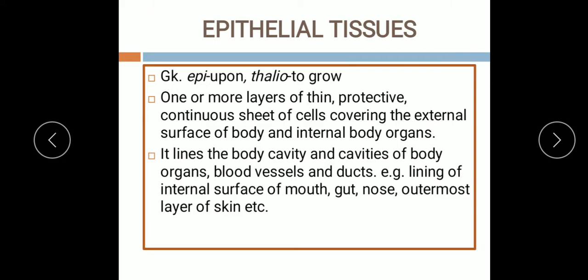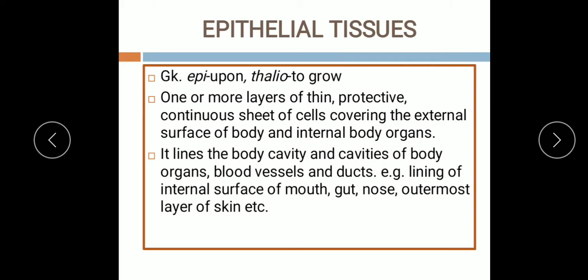The main function of epithelial tissue is to protect, because they form outer and inner covering. So they protect the underlying tissues from mechanical injury, entry of germs, drying up of the skin and harmful chemicals. They help in absorption also, like the epithelial lining of the intestine absorbs the digested food. Epithelial cells help in secretion also, like digestive glands, which have the epithelial lining that secretes useful secretions like enzymes, and like the epithelium of the endocrine gland secretes the hormones.